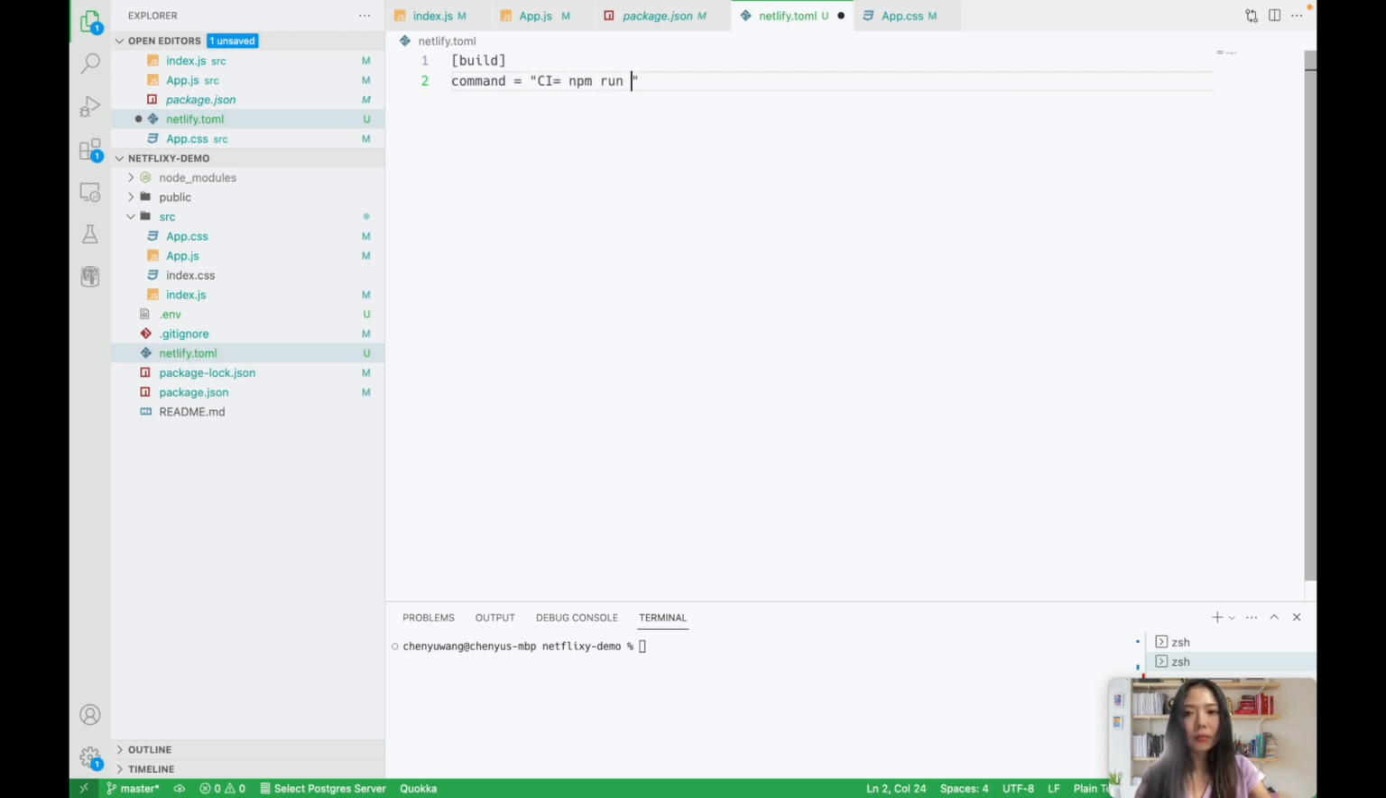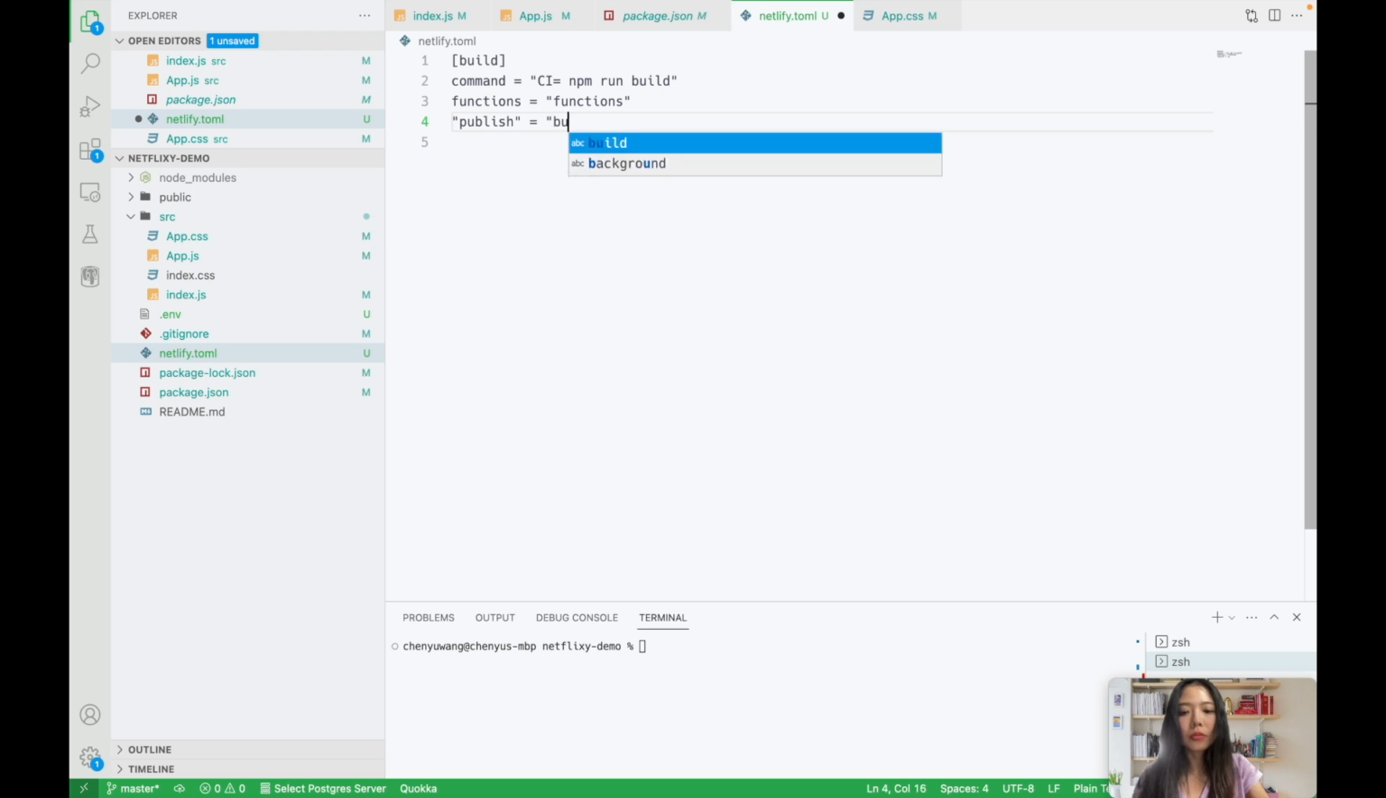npm run functions. Let's tell Netlify to use the functions folder. We're going to create it later. Functions and publish. It's using a build. All right. After this